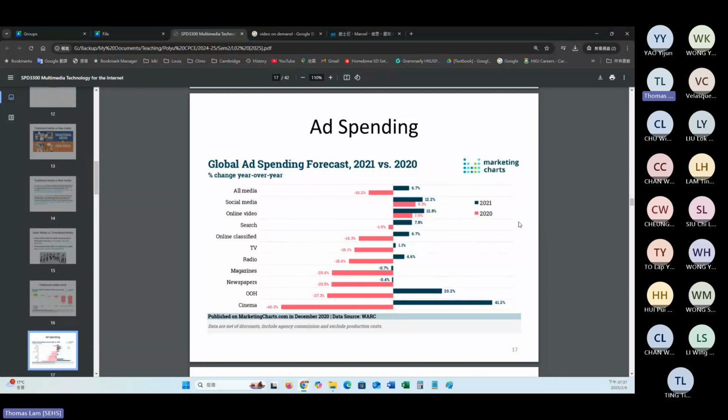I think one of the obvious examples is the advertisement from PolyU.